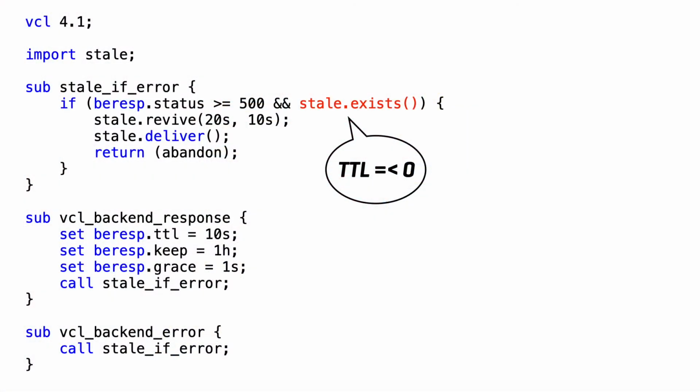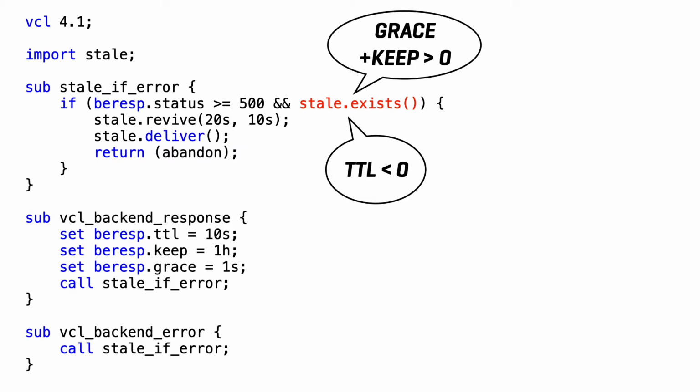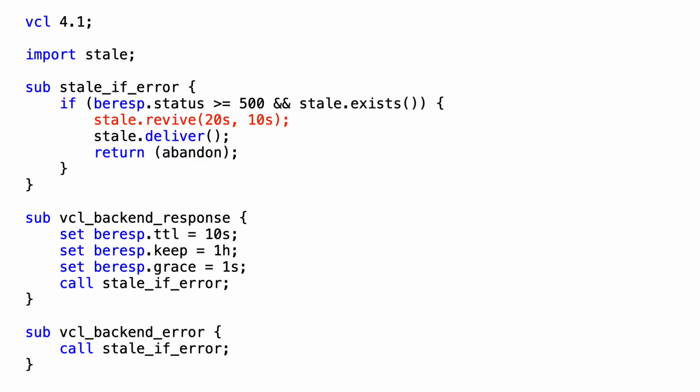And allow me to refresh your memory and remind you that stale objects have a TTL that is equal to or lower than 0, and where the sum of its grace and keep values is greater than 0. When these conditions are met, the stale.revive function, which is part of VMOD stale, is called. The first argument is set to 20 seconds and will override the TTL to 20 seconds. The second argument refers to the grace value, which is set to 10 seconds. And then it's just a matter of calling stale.deliver and returning abandon to override the mechanism and ensure that this